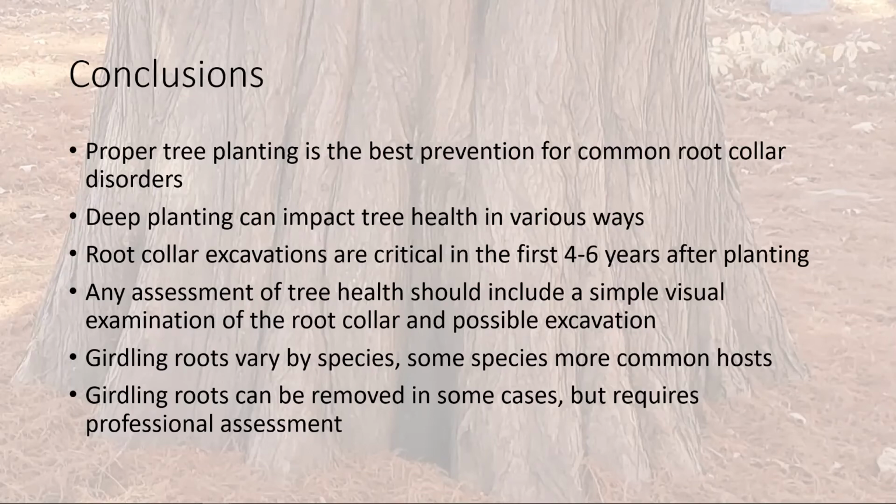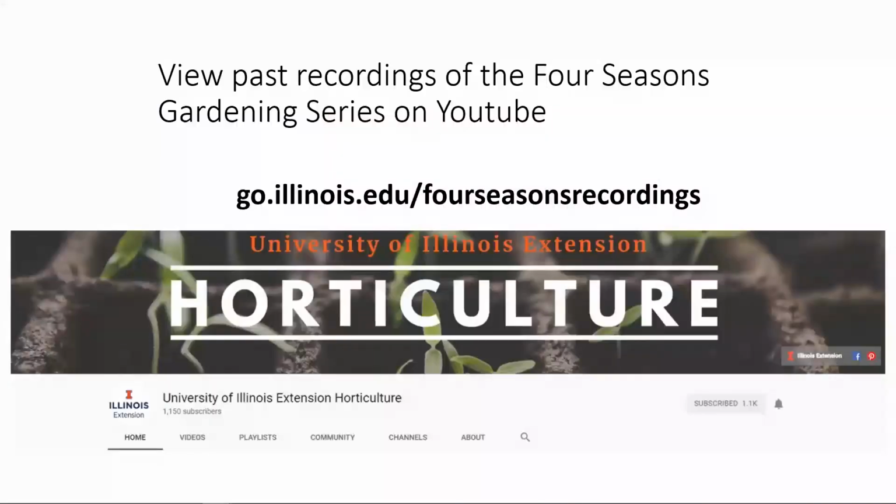We know the girdling roots vary by species. There's kind of a list I posted in there and a reference that you can look at to assess, think about that as you're planting or dealing with those particular species. And girdling roots can be removed in some cases, but as we've talked about over these last couple of slides here, in mature trees, that's really going to take a professional assessment, and that may be the point at which you go ahead and call an arborist and get that assessment done if you're not sure. So before we just start cutting off those girdling roots, you really need to look at the whole picture for the plant.